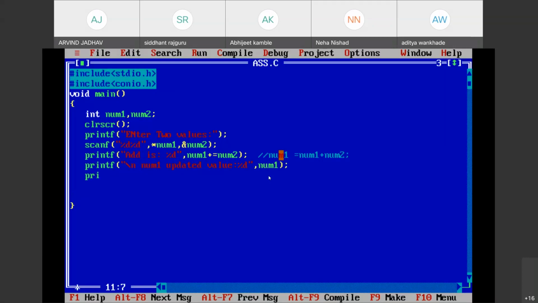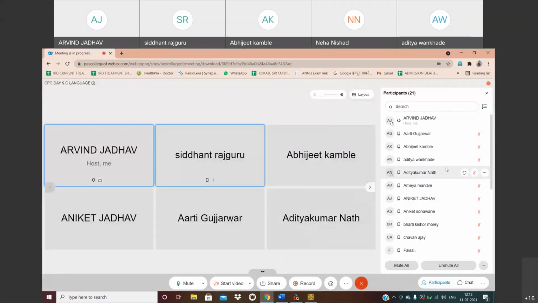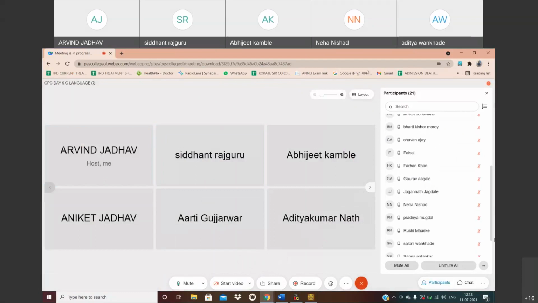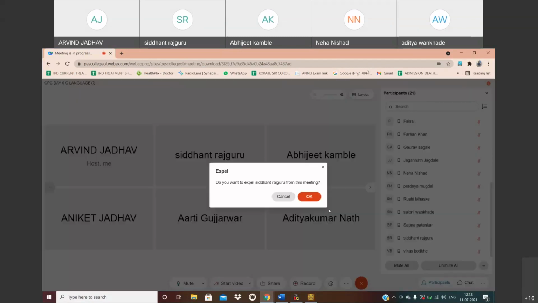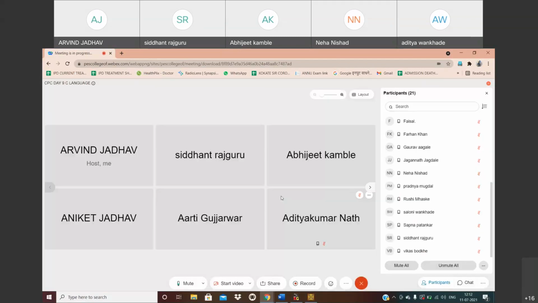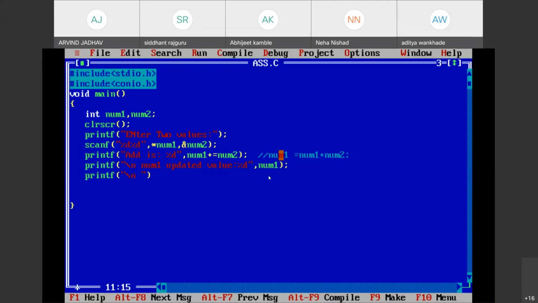Similarly we print the num2 value with printf, double quote, "num2 updated value is: %d", separated by a comma. Here I will use num2.